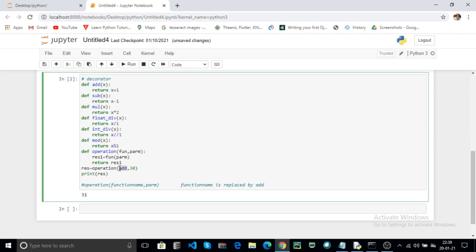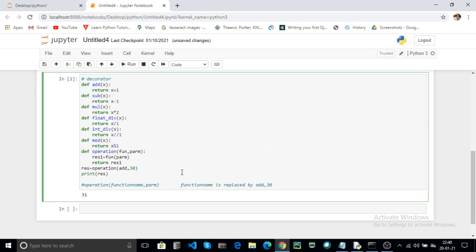The add function is passed as an argument to another function. Operation is the other function and fun is the passed function. The function is passed as an argument to operation. And the 30 will be replaced by x, meaning x contains 30.